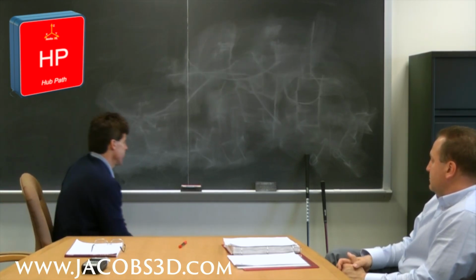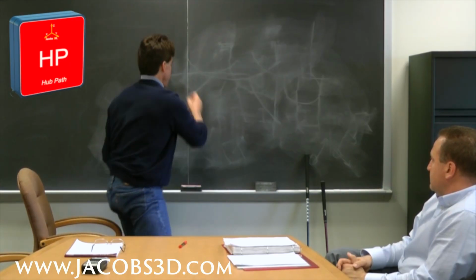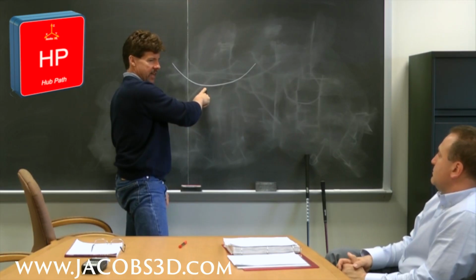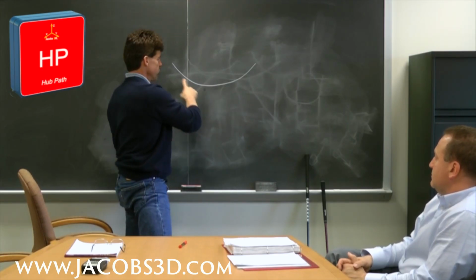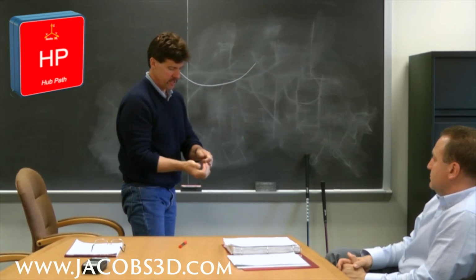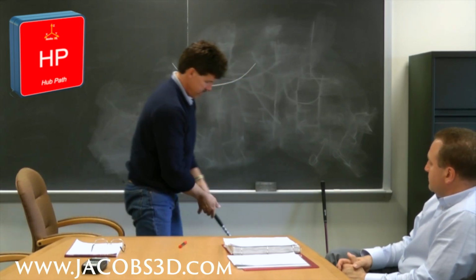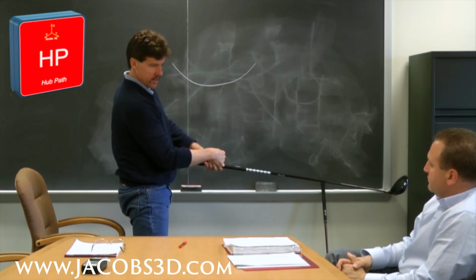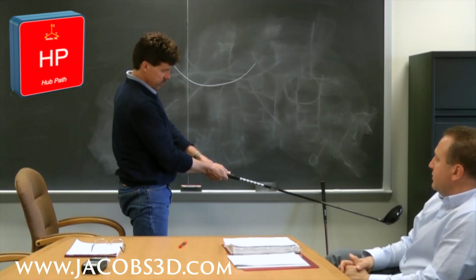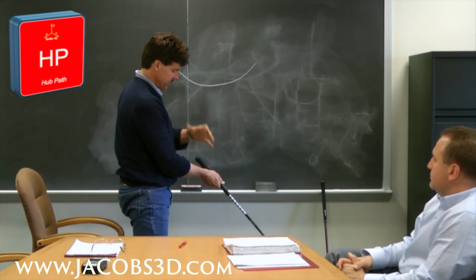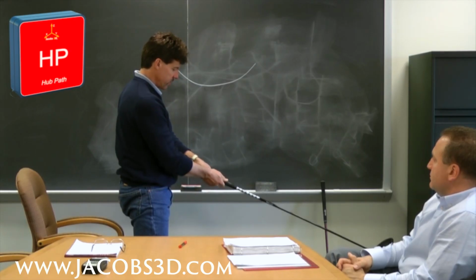So the hub path is the path that the hands take through the swing. So if you were to be very specific, when you grab the club, the hub path is the path of this point right here, where the two hands join together. And the hub path, again, the significance is just this is where the club and